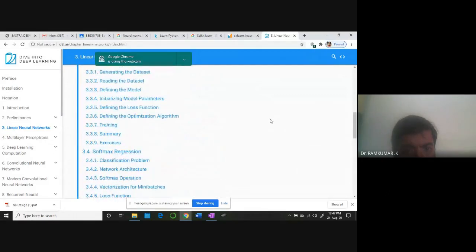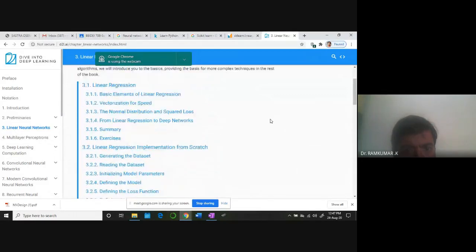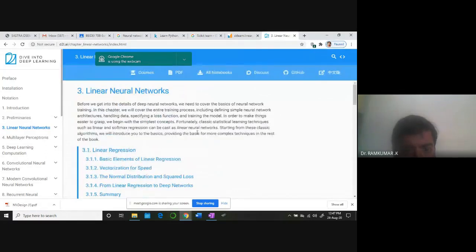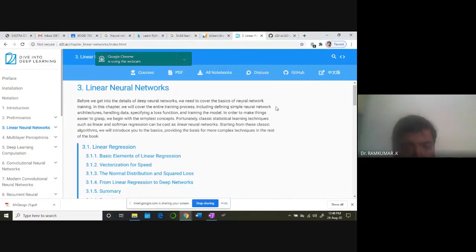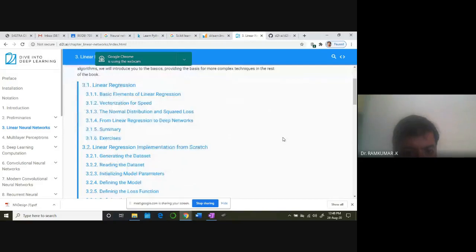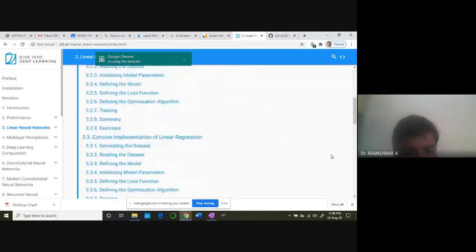See, the key point I'm trying to convey is, you can get the data set and you can work with it directly. This particular book is going to help you. See here, there is a connection to GitHub. All notebooks you can download, or you can download the PDF of the book, and some courses that they are offering based on this are also available. You can also use something like, for example, I want to work with one classifier algorithm.